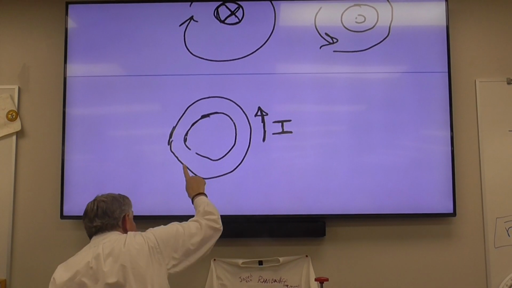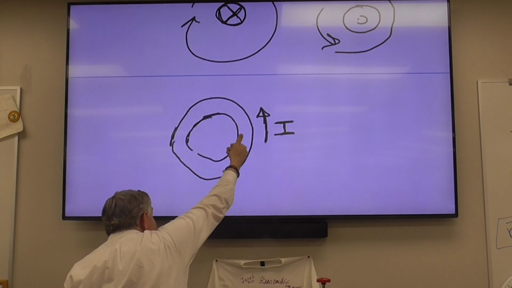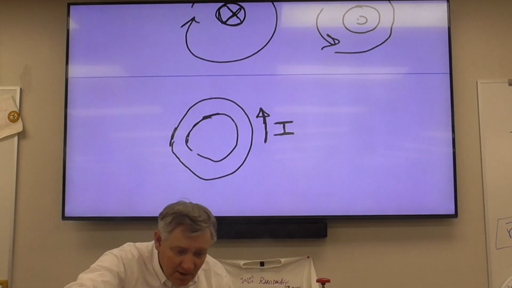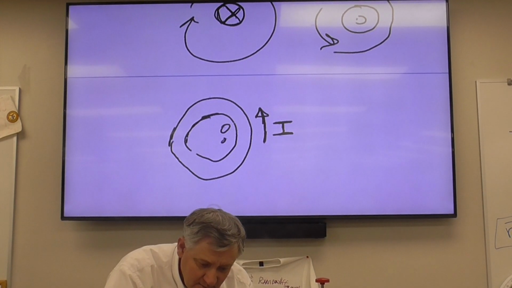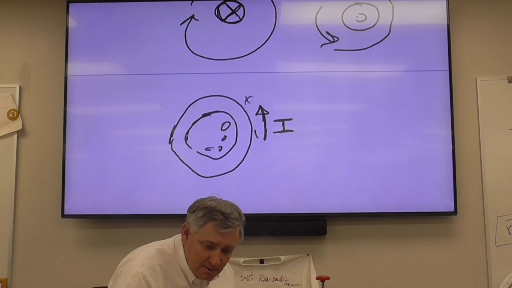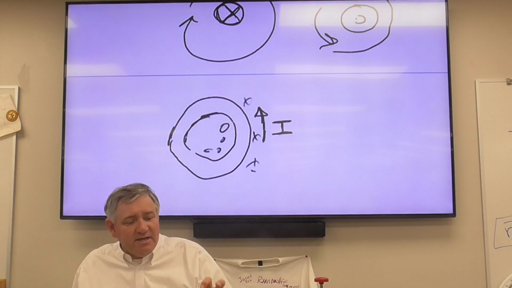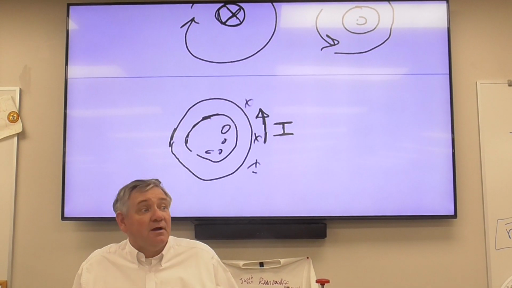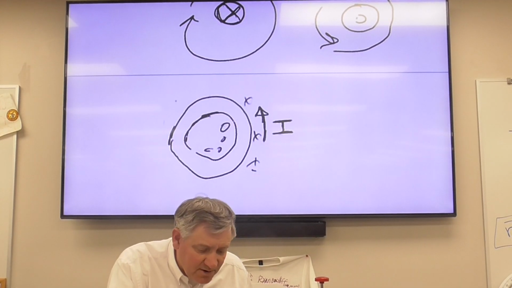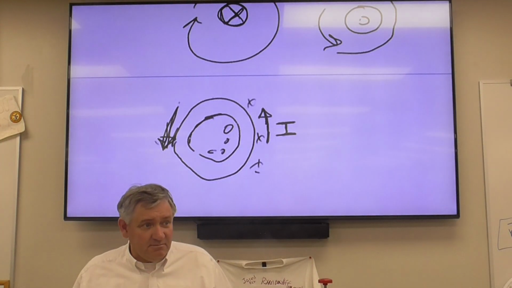Okay, so here's my wire. The current's going around like this, so what's going to be in the middle? O's. So I'm going to have O's in the middle. On the outside, I'm going to have X's. Where do you think the magnetic field is going to be most intense? Inside or outside? Inside. Yes, it's a much smaller area. If you reverse the current and make it go in the opposite direction,